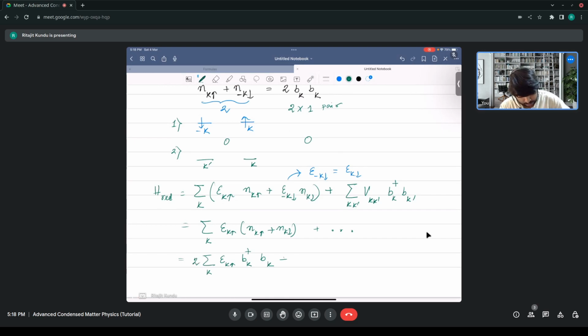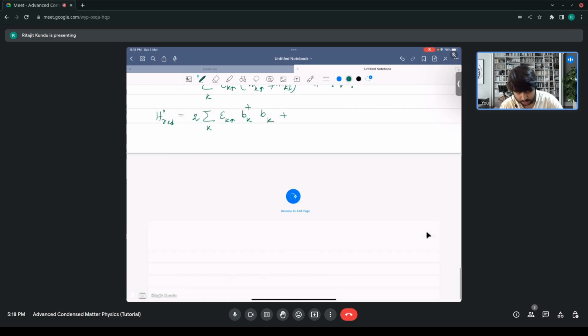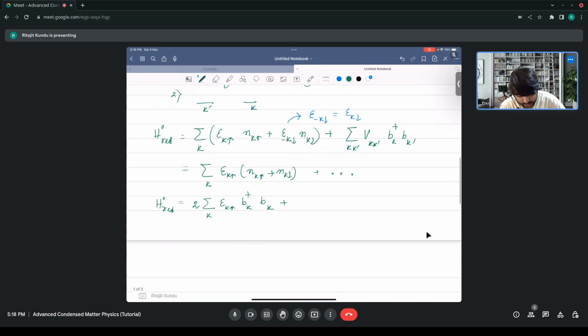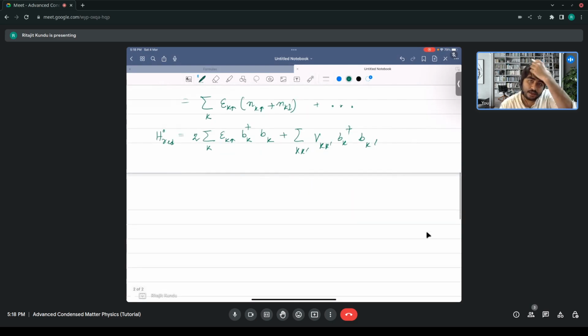Okay, so this is my reduced Hamiltonian. In the literature, this is written as some H naught, because here I am not allowing any single occupancy, right? So this is written as H naught, and the rest of the term is given by this summation over k, k prime, b_k^† b_k'. Okay, so now you see that by doing all of these manipulations and heuristic arguments,